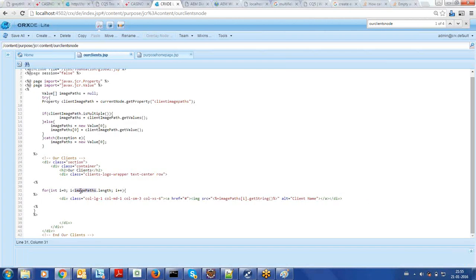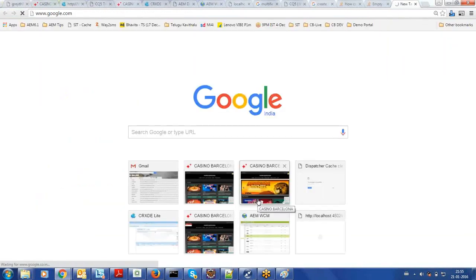See this image paths. What is this image paths? It is an array of value objects. So get the length of that array and loop through it. So images of I returns one value object. In the value object you have,